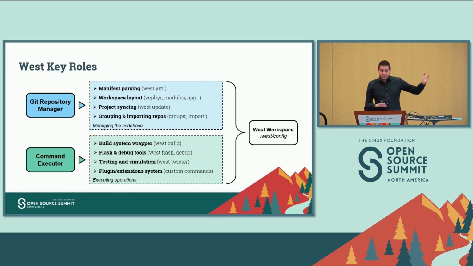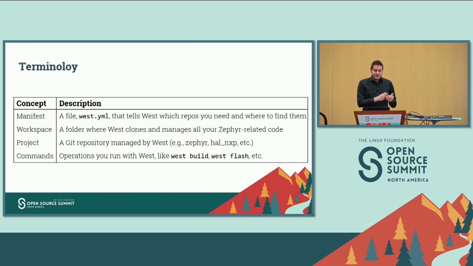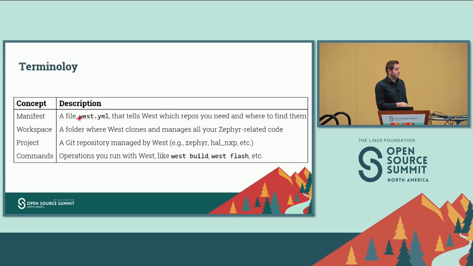It's just a tool that has two main features: managing the Git and executing the commands. So regarding the terminology here, we're going to use the concept that's called a manifest. A manifest is just a simple file that's called west.yaml that is going to tell what are the repos that we need, and also going to tell additional things,